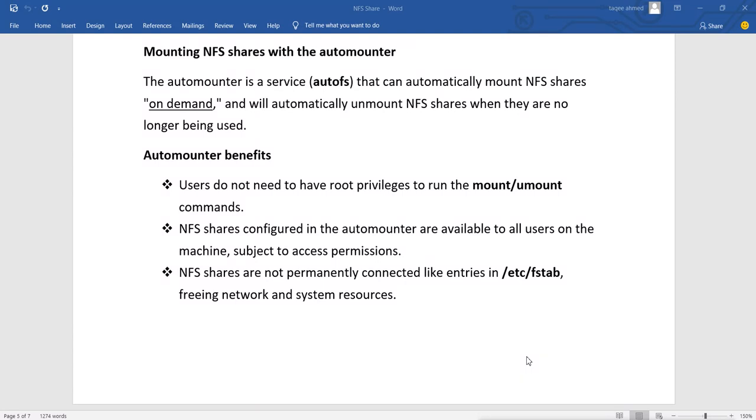Then NFS shares configured in the auto mounter are available to all users on the machine, subject to access permissions. So it will be available to all the users. That means if user 1 logs in, user 2 logs in, user 3, whoever logs in, whenever they access the directory.